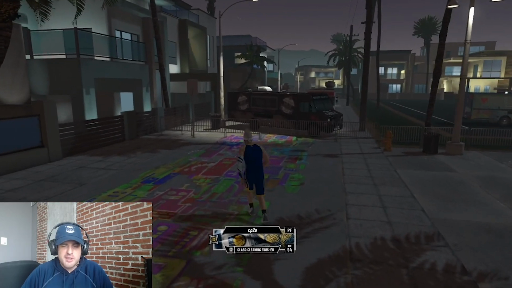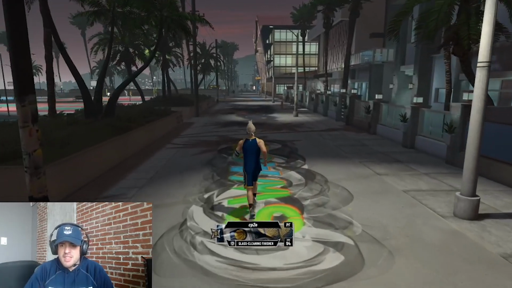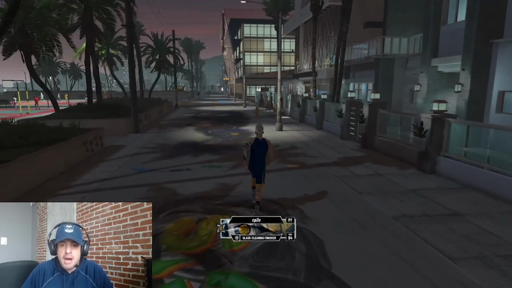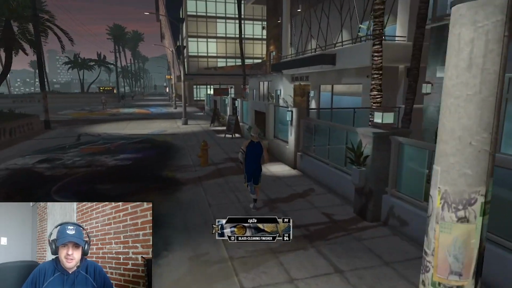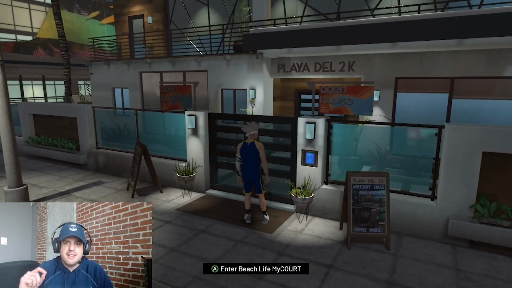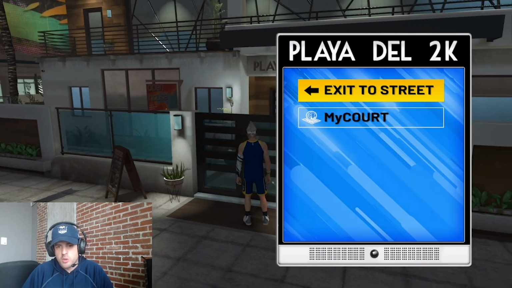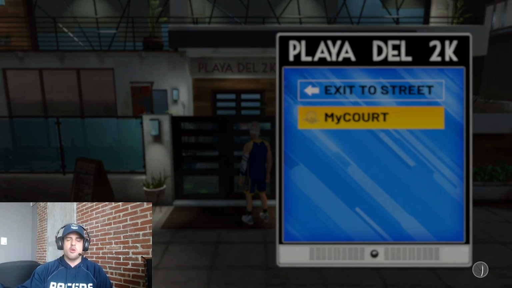Next up here, you can see the boardwalk ends. We have a little truck, so you can't run past it. Now here's something that I had some trouble finding, and that is your MyCOURT. It's hidden over here. See, I almost went to the neighbor's house right there, but it's hidden right here. It says Playa del 2K, and you can enter your beach life MyCOURT. So I'll go ahead and hit A, you select MyCOURT, and that's going to take you right up to your